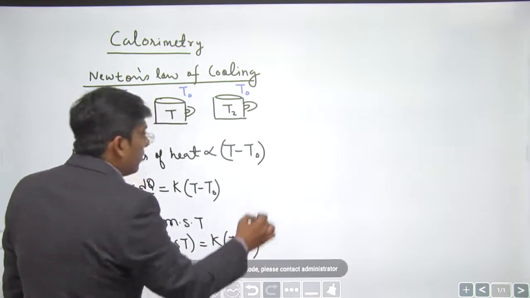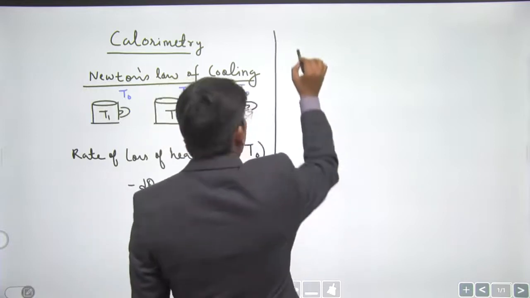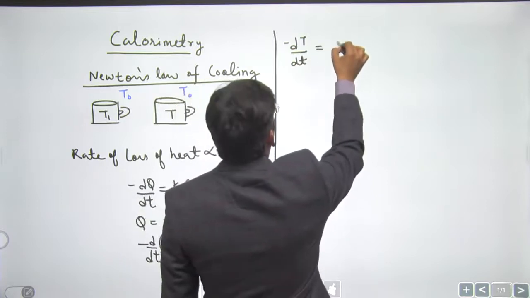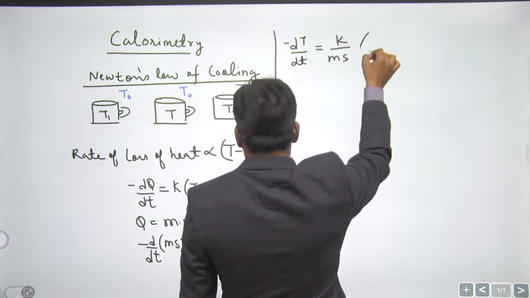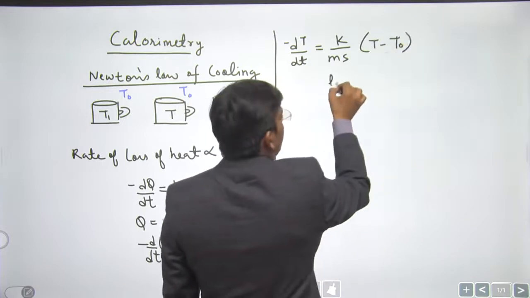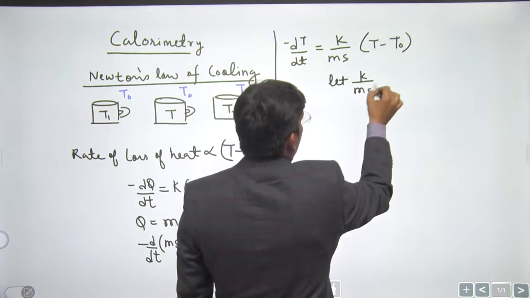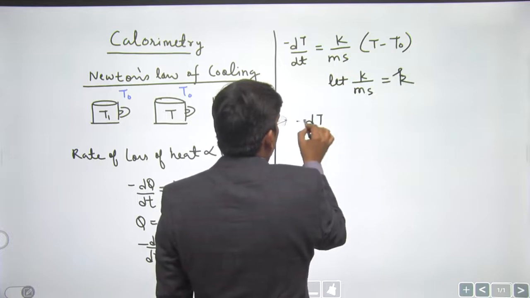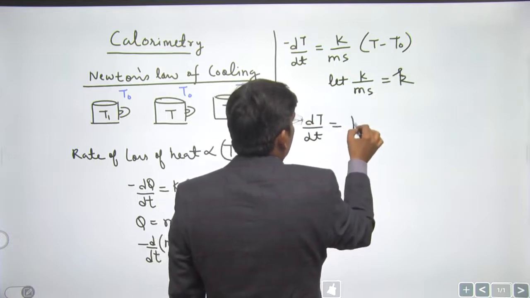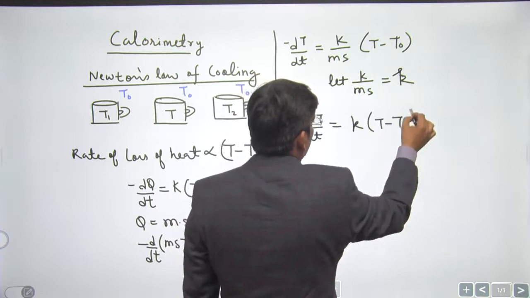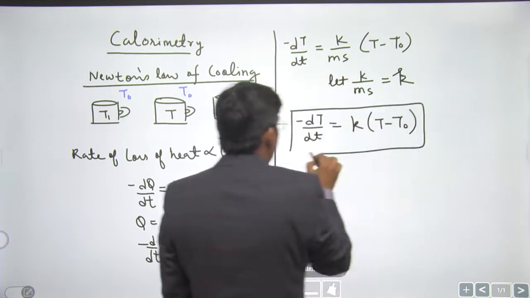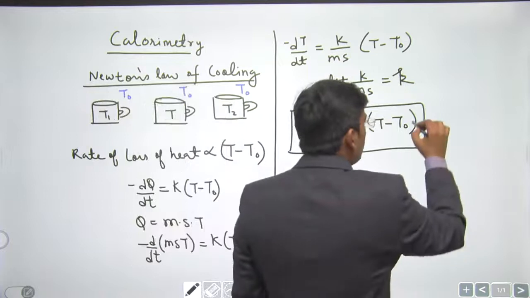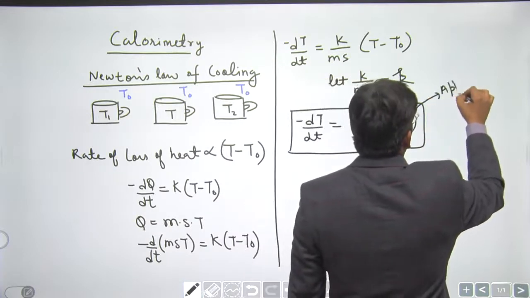So minus dT by dt into m s is K times T minus T naught, right? So we get the formula as minus dT by dt equals K by ms times T minus T naught. Let K by ms be some constant, that is small k. So minus dT by dt is k times T minus T naught. This is the approximate formula